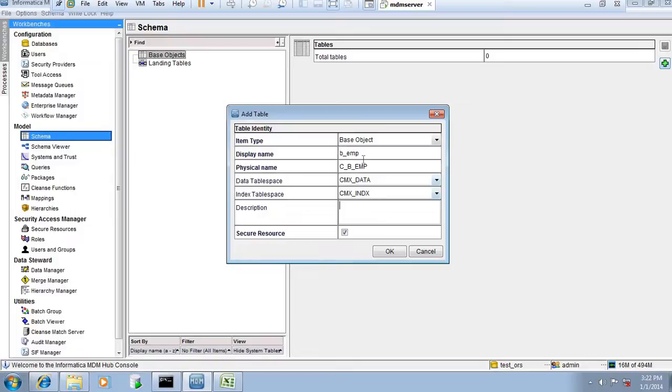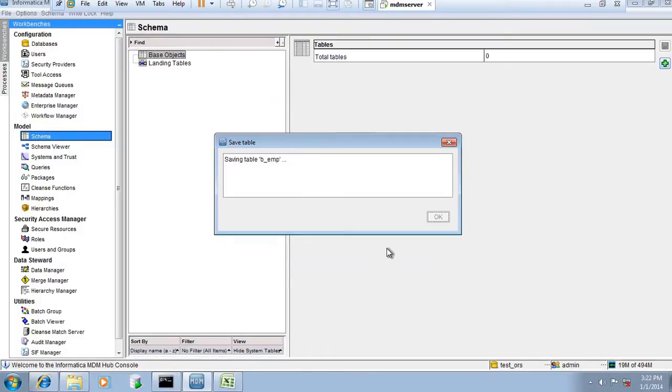So here we are giving B underscore EMP, so C underscore B underscore EMP is automatically created. For table space, we will keep the default values we had given, CMX data and CMX index, as they are. Secure resource, if you want to make it secure or private you can choose accordingly. So let's make it private. Click on OK.